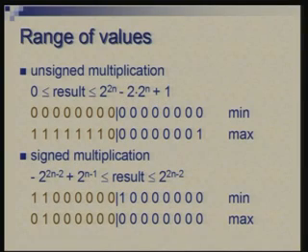We also discussed the range of values which could result when you multiply, and there are two types of multiplication in MIPS, which try to produce signed result or unsigned result, and there are also pseudo instructions which work with a single word output. Normally, when you are multiplying two one word integers, the output could be accommodated in two words. So, there are pseudo instructions which will check if the output is exceeding one word and accordingly give overflow.